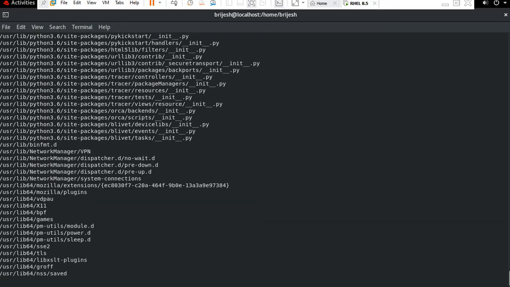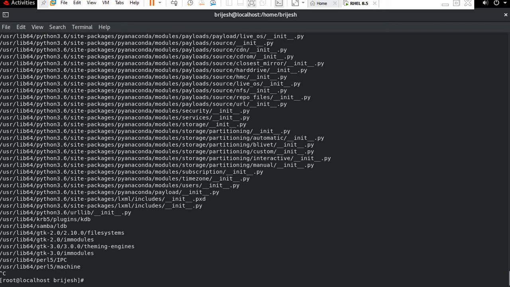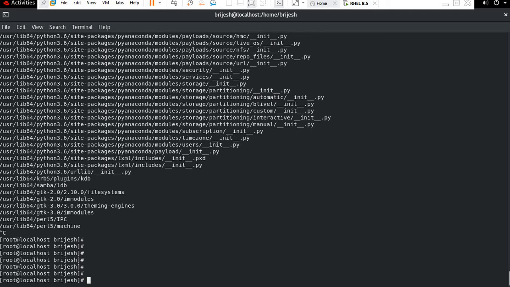To stop it, just press Ctrl plus C, so it will stop guys. Now how can I find only my empty files? Okay, so to find the empty files, find space slash space hyphen empty. Okay, space f to find the file.